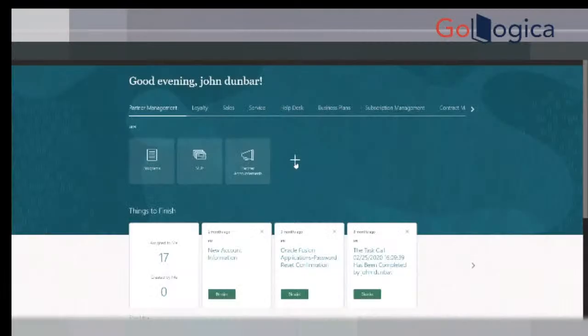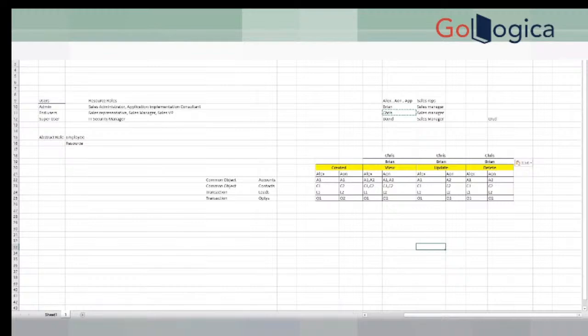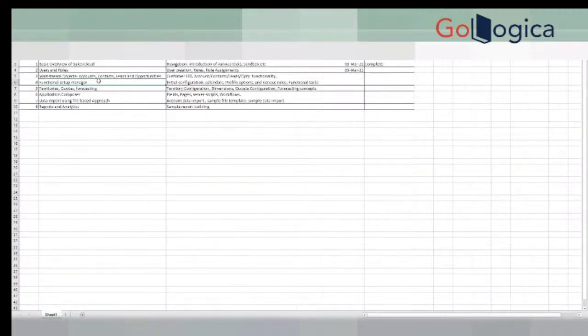One point that I want to cover is the hierarchy, how to build the hierarchy basically. That also you need to go to setup and maintenance. You guys, like I said, if you don't mind, before you go to that,